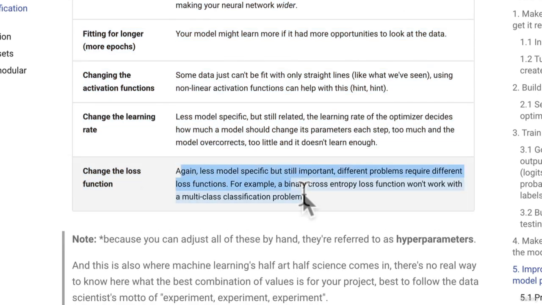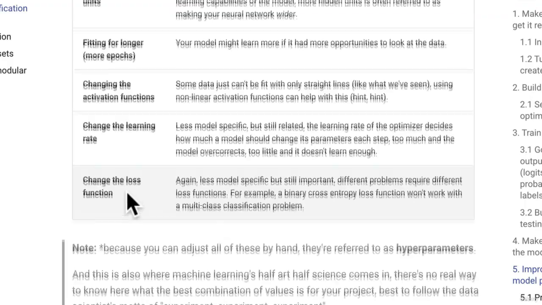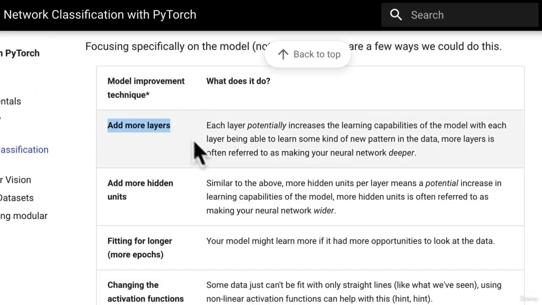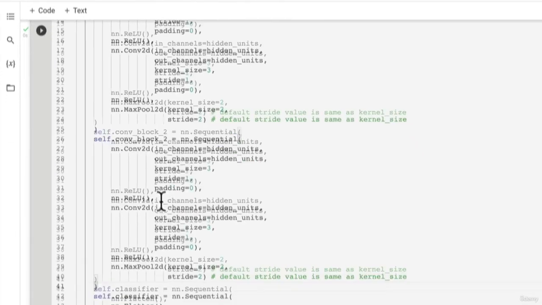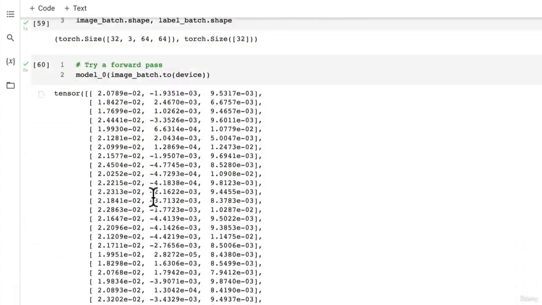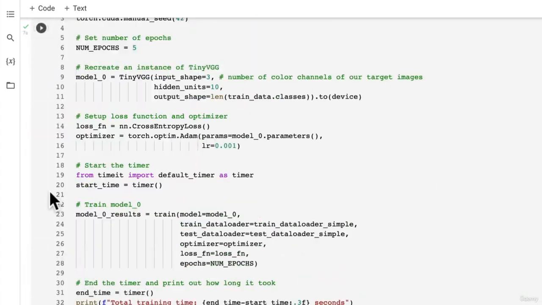This is probably not, in our case, going to help too much because cross-entropy loss is a pretty good loss for multi-class classification. But these are some things that you could try, these first 3 especially, you could try quite quickly. You could try doubling the layers, you could try adding more hidden units, and you could try fitting for longer. So I'd give that a shot, but in the next video, we're going to take our Model 0